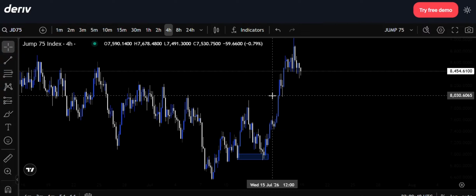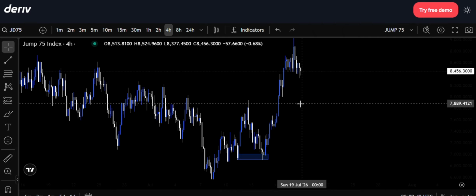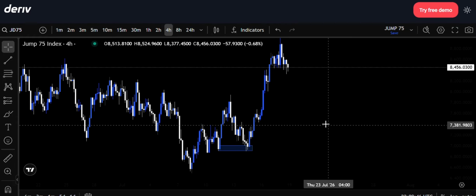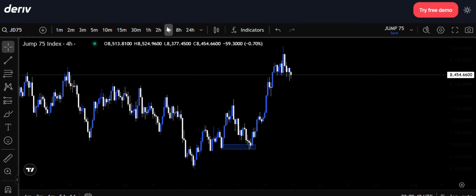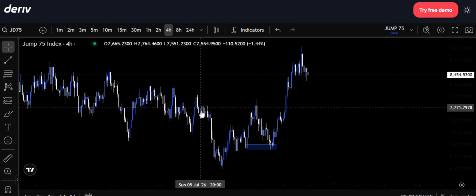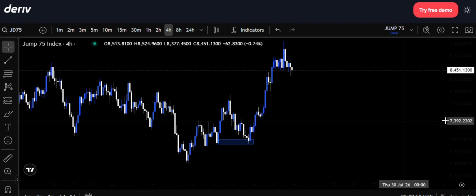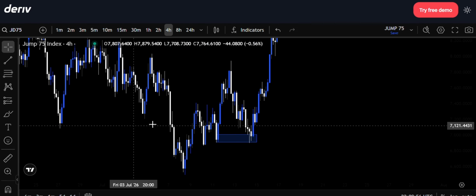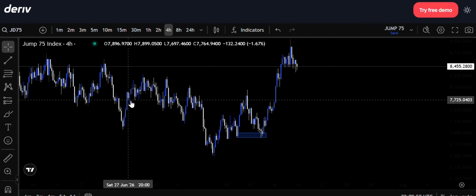So here is another trade on Jump 75 index. Alright, so now let's move on. Looking at the chart before us, we have seen on our 4 hours time frame that prices have been moving upwards. So looking at the trade starting from here,